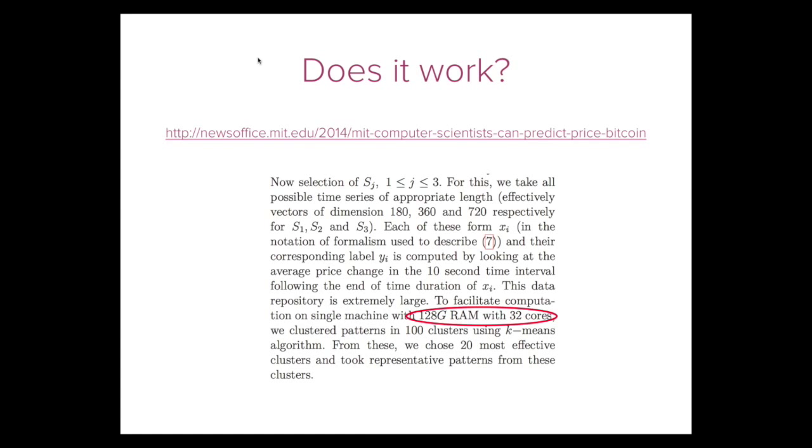If you read what they did, they took all the substrings of the price history of 3 different lengths, did Bayesian regression on the substrings, clustered them, and then used that as a predictor. That's an awful lot of computation. We, for reasons of ignorance, it never occurred to us to do something that complicated, just use Gaussian processes.